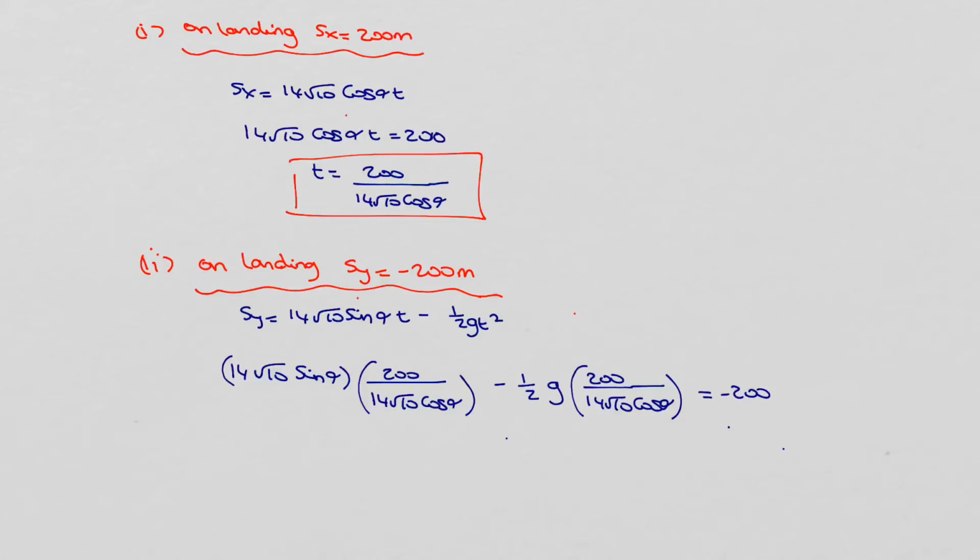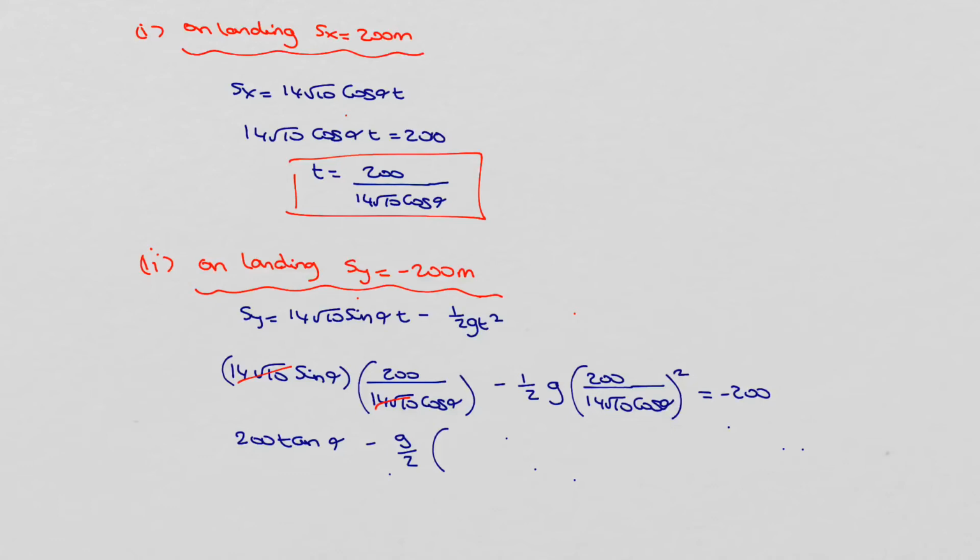So if I look at how I can simplify, well, 14 root 10 is going to go into 14 root 10. I have sine alpha over cos alpha, which is going to give me tan alpha. So I have 200 times tan alpha. In the second bracket there, that should be t squared. So that's 200 over 14 root 10 all squared. So if I simplify that, I have minus g over 2 times 200 squared,